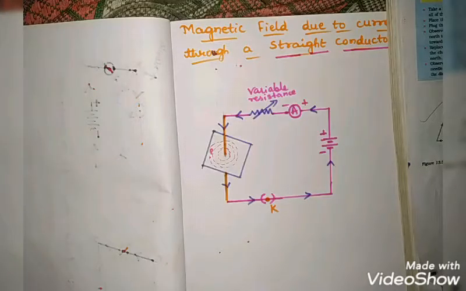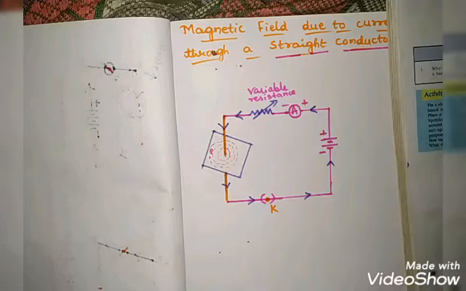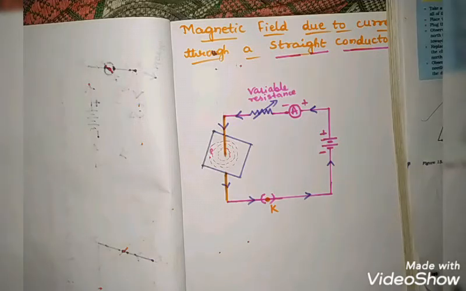Children, in the last video, we studied the magnetic field due to a current carrying conductor, isn't it? What determines the pattern of the magnetic field generated by a current through a conductor? When current is passing through a conductor, which pattern of magnetic field is generated there? Does this pattern depend on the shape of the conductor? Let us study this by an activity, children.